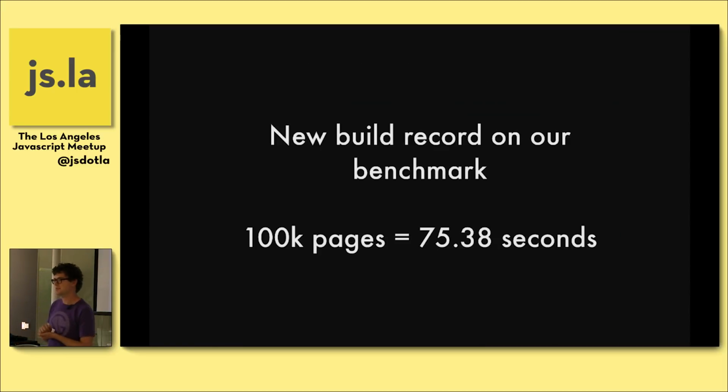Then we also did a lot of optimizations around improving build speeds. We have a very simple benchmark site that is minimal in everything, just testing how fast Gatsby can do very simple things. So we built a 100,000 page site in 75 seconds, which is not bad. I say it's a benchmark site just to be clear. If your site has 100,000 pages, it's not going to be that fast. But if you only have a single letter on each page, then it will build in 75 seconds.